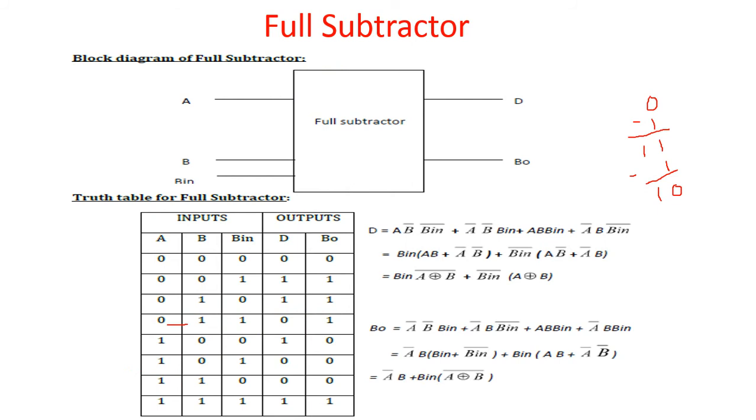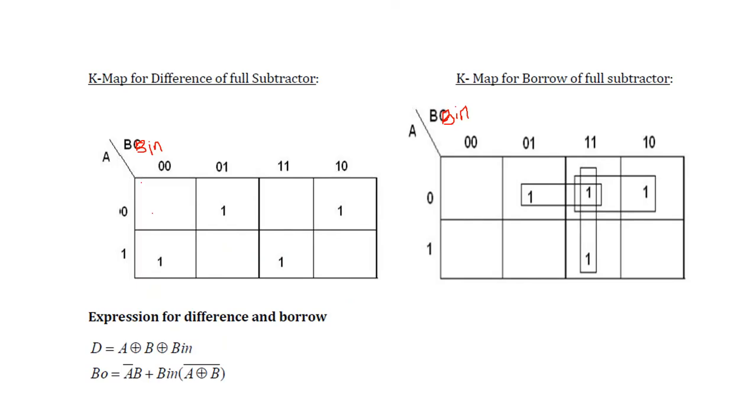Okay. For 0, 0, 0 input, difference is 0. For 0, 0, 1 input, difference is 1. For 0, 1, 0 input, difference is 1. For 1, 0, 0 input, difference is 1. For 1, 1, 1 input, difference is 1. Again, this is similar to the